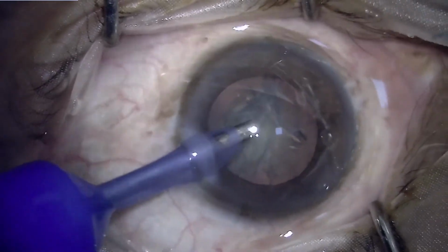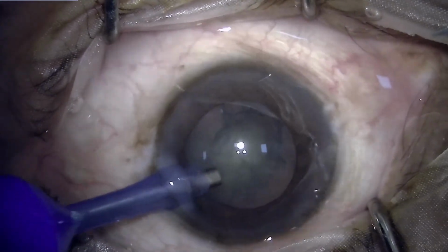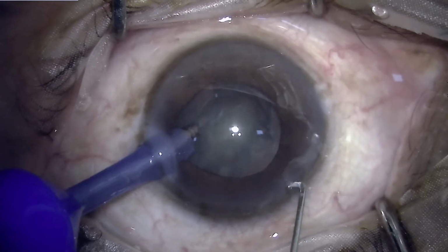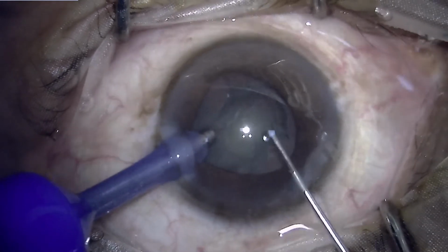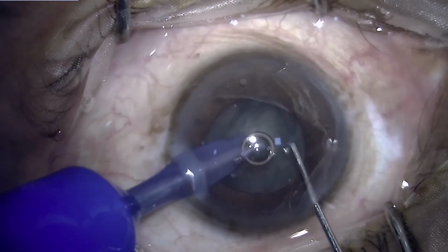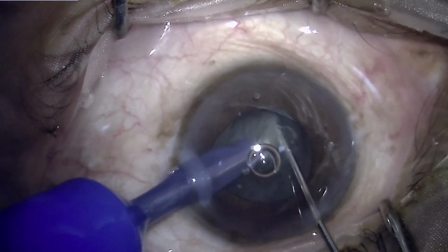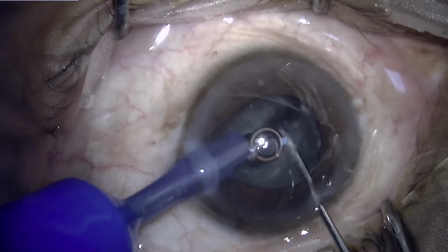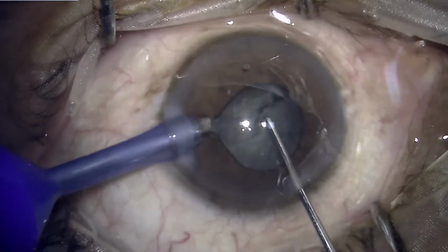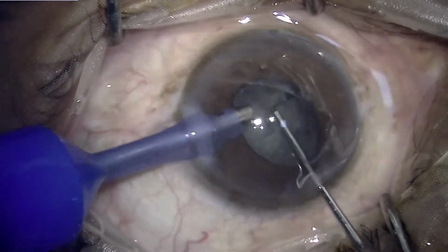Now hydrodissection has been done and we are proceeding for emulsification of the nucleus. The pupil is not at all optimally dilated, and we'll see how it behaves once you touch, and we can see the iris fluttering also because of the incoming fluid flow. And these are all telltale signs that the iris is very atonic, and we'll just see inadvertent fluttering of the iris catches the iris tissue in the phaco tip, and we'll just go ahead and see this in slow motion